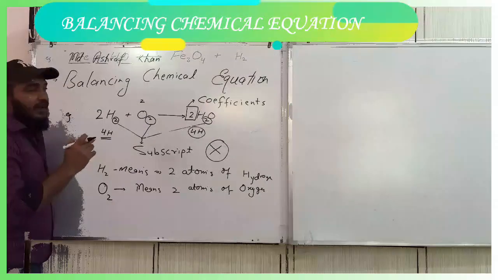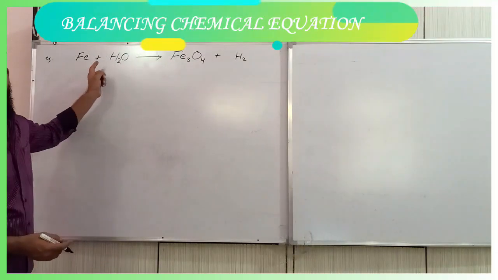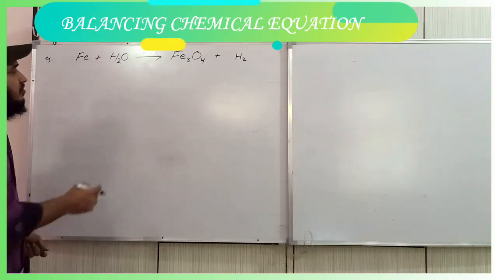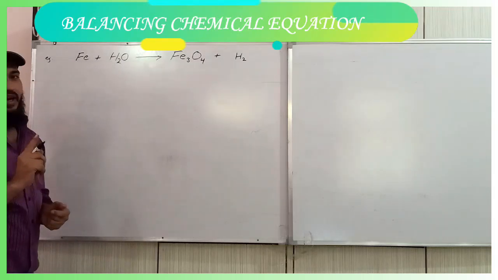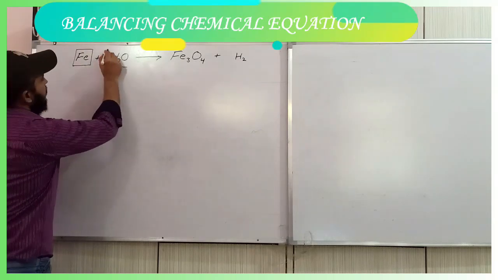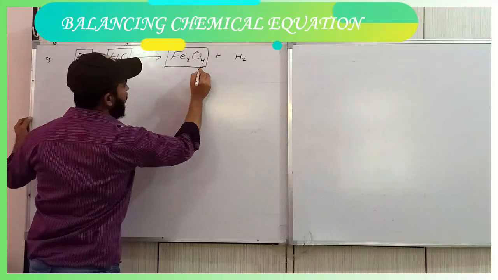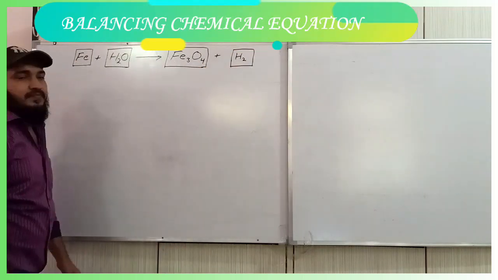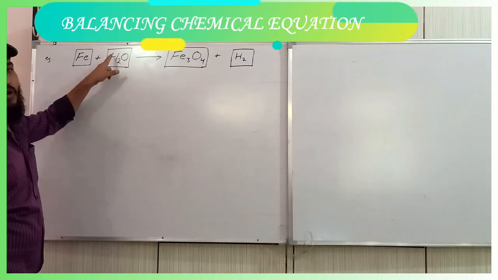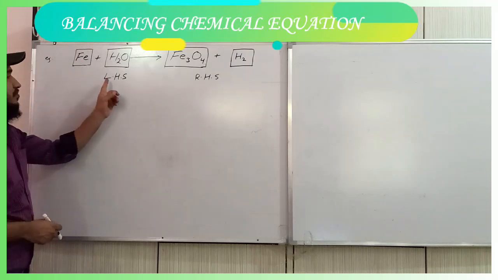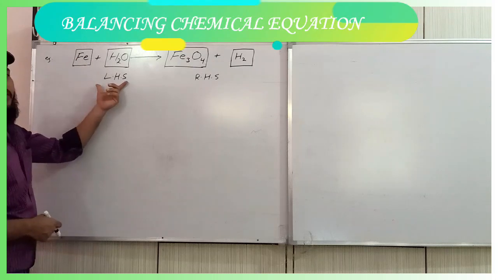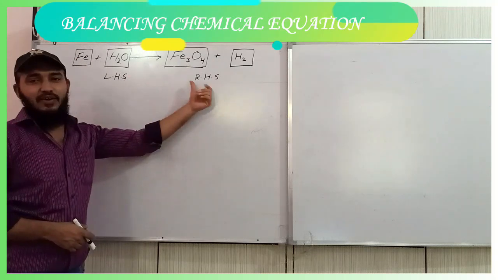Now I will take one more example in order to explain. This is another example of a chemical equation. This equation is not balanced, so we have to balance it. In the first step, you do one thing. You make this type of box. What is the meaning of this box? It means that you cannot make any change inside this box. In order to balance a chemical equation, we first make this type of box. Then we write the left hand side and right hand side of the chemical reaction.